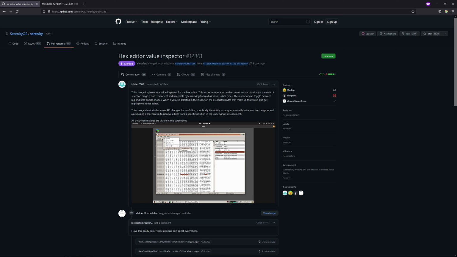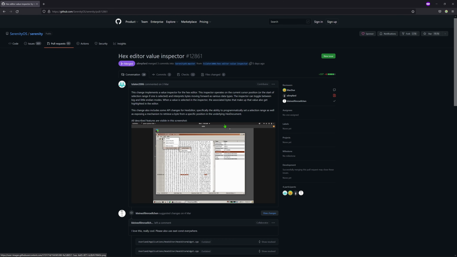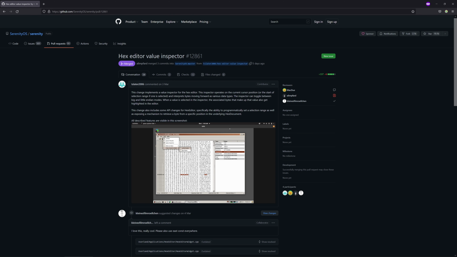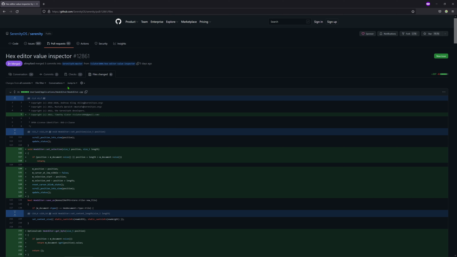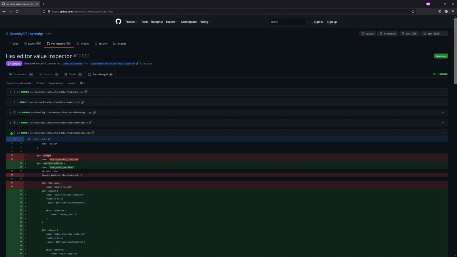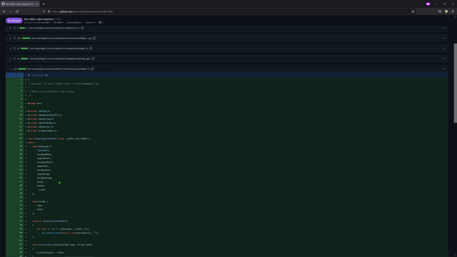Anyways, the value inspector infrastructure is now in the system, so I can now go and implement it. I've actually been meaning to do this for some time now, so let's check which files this affects, and the sidebar for some reason doesn't appear. That's HexEditor. Is there a new widget for that? Value inspector model. Oh yeah, okay, so we need to